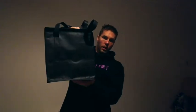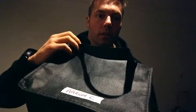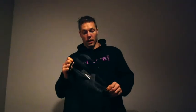When we get the meals dropped off, they come in this bag. It even has my name on it, look at that, isn't that cool? It's insulated, so it stays a bit cooler. The meals are fresh. They're not frozen. I love that in a meal prep company. I hate getting frozen meals and having to store them in the freezer and defrost them. I much prefer to get them all fresh and just chuck them in the fridge and just eat them straight out of the fridge. The meal itself,